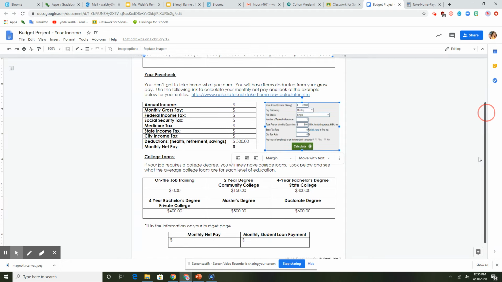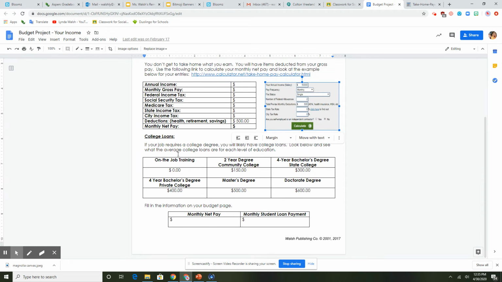Once you have that done and you have your net pay, this next section is talking about college loans. Now, depending on how much college you need for your job, you may just need on-the-job training. You may have just a high school diploma, and that is fine to get some jobs. They would teach you the training that you need on the job. Then you would have no school loans because you wouldn't be required to go to college for a high school